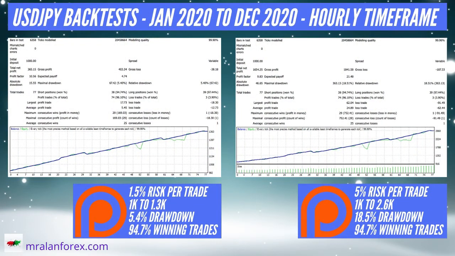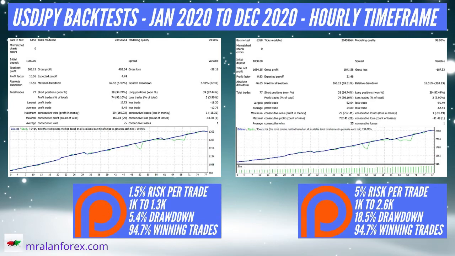And now moving on to our own optimizations, which are available for our Patreon members. We've done this for Dollar Yen, Dollar CAD and Euro Yen. And we've done a 1.5 risk and a 5 risk per trade back test for each. First up, Dollar Yen. The back tests on the left are the 1.5 risk per trade version, and the one on the right is the 5% risk per trade version. So at 1.5% risk, it goes from 1k to 1.3k with a 5.4% drawdown and 94.7% winning trades. The 5% risk version goes from 1k to 2.6k, but obviously with a greater reward comes a greater risk, and